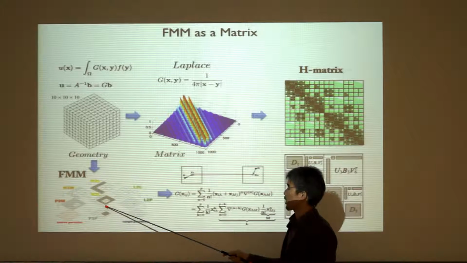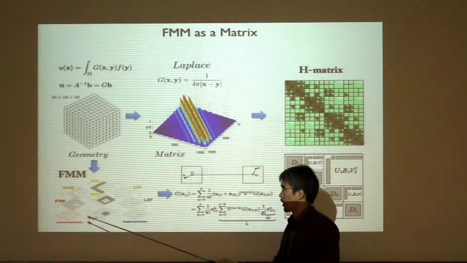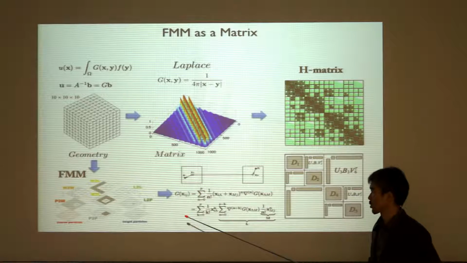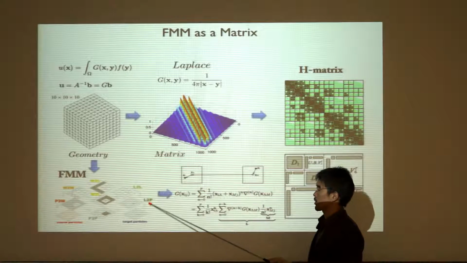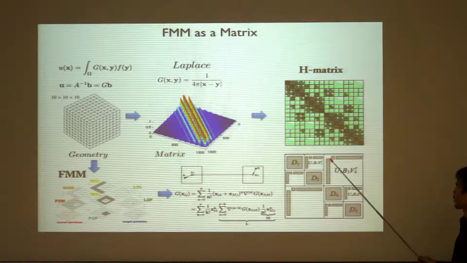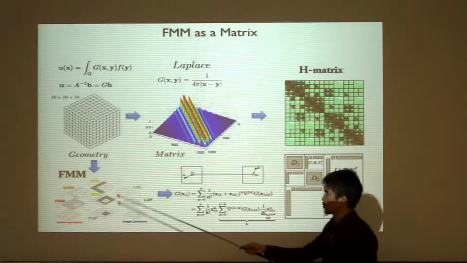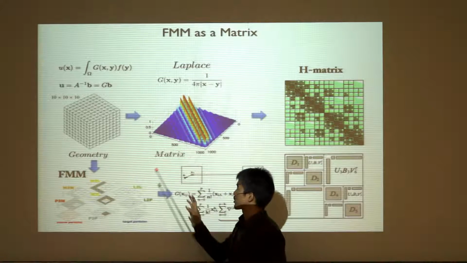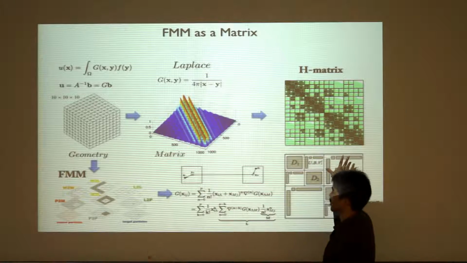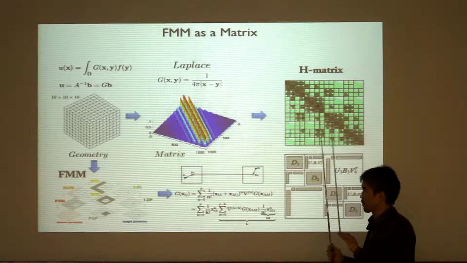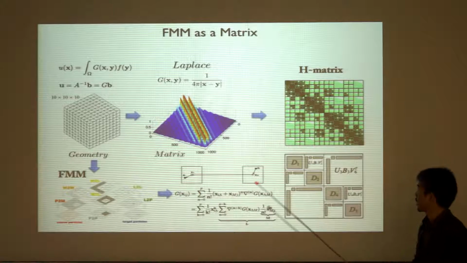In the same way that we had to do sorting when we constructed the tree. So there's sort of an analogy here as well. The sorting that we did when we constructed the tree was actually the proper reordering to make this low rank approximation compress more on the off diagonals. That was what was happening geometrically here. So you can sort of map. It's good to know both sides, the matrix form and the FMM, the original geometric form, because you can map ideas back and forth, and you come up with